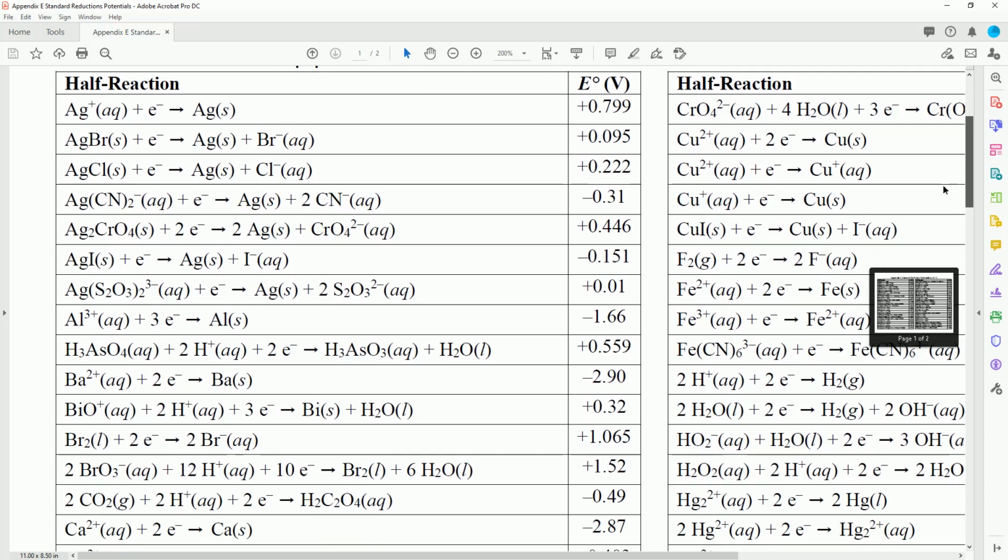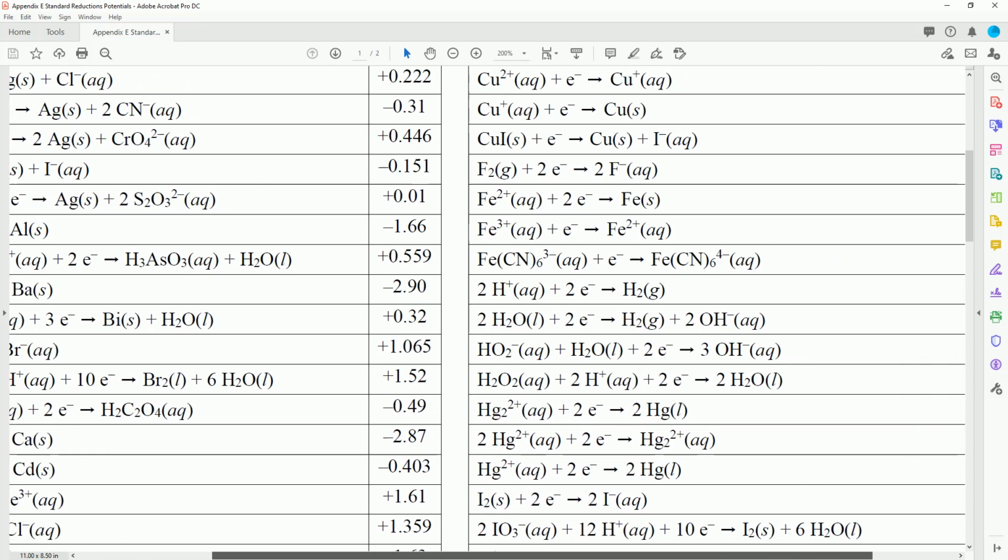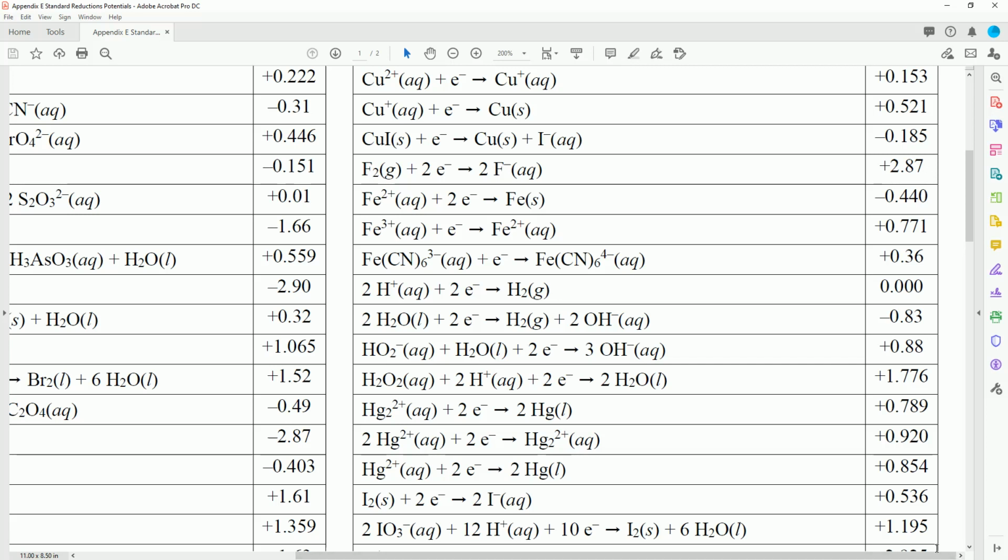All right, so bromate and iodate. Let's see, there is bromate right there. That's the one we want at 1.52. So I'm going to go ahead and write that down. 1.52 volts. This is our reduction potential. And then iodate, it's right there, 1.195 volts. And while I'm here, I'm going to get peroxide, aqueous, is right there,